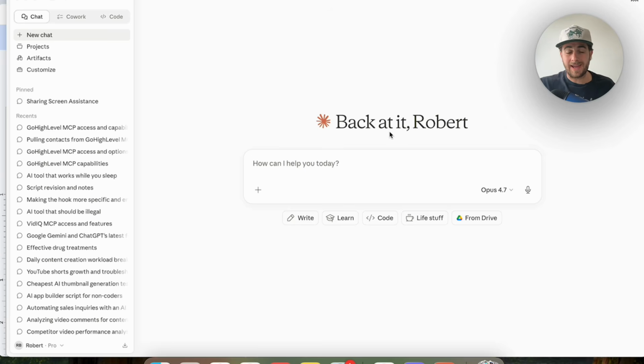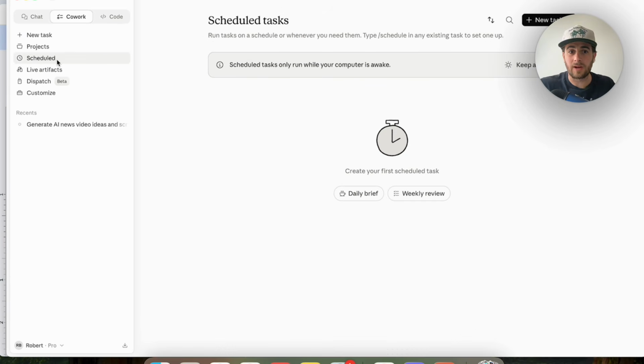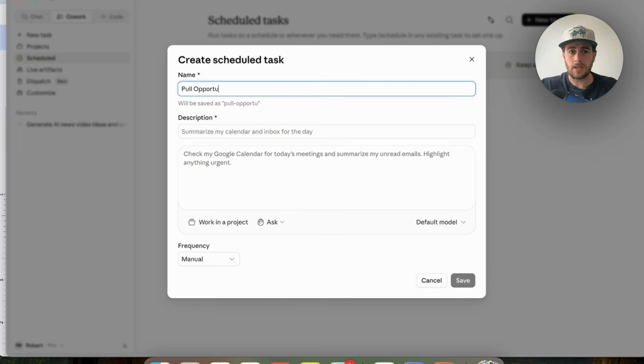Okay, so now that you've gone ahead and you've actually set this up, I wanted to show you how you're going to automate things from inside of Claude. We're going to do that from inside of Claude Cowork because guess what? We could come over here and click on schedule. We could then click on new task right here. And this is going to allow us to set things up manually or create them with Claude. So if we come over here into setup manually, we could do something like pull opportunities,